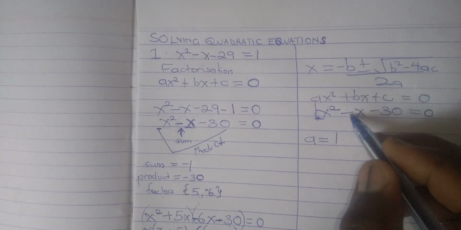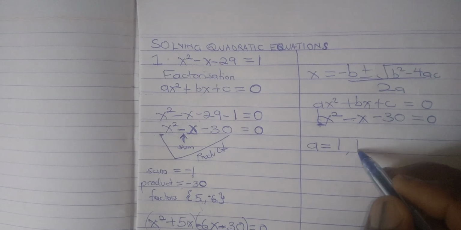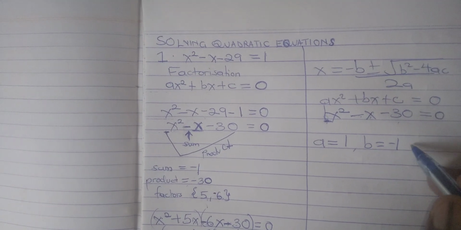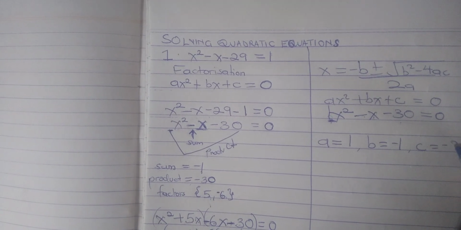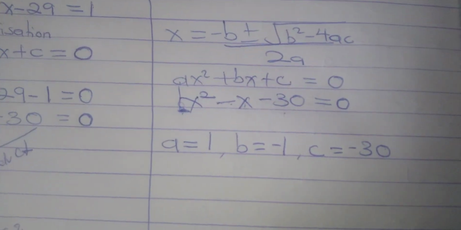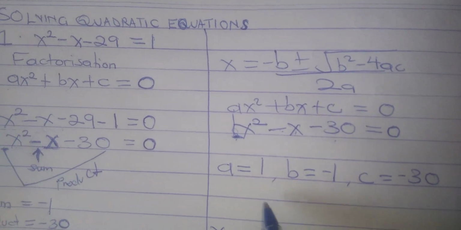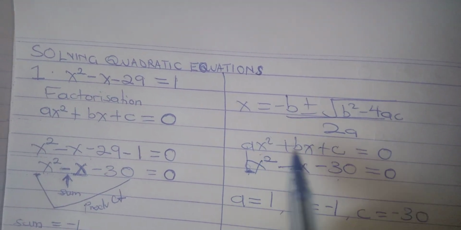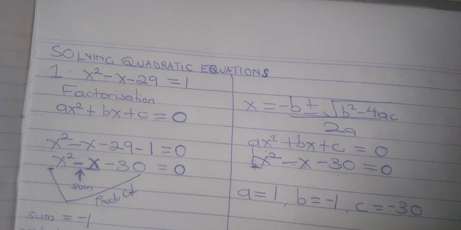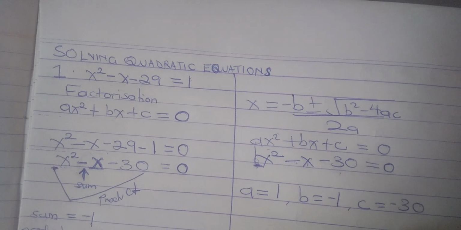When you compare b, this is x, it means that our b will be negative 1. C is negative 30. So our c is negative 30. From there, just go and substitute into the bulldozer formula. So you say our x, since we are looking for the value of x, substitute with the brackets, negative, leave it the way it is, then you put our b, which is negative 1,